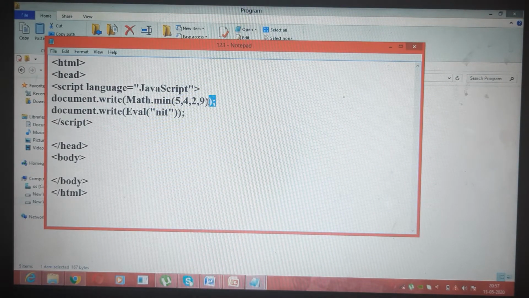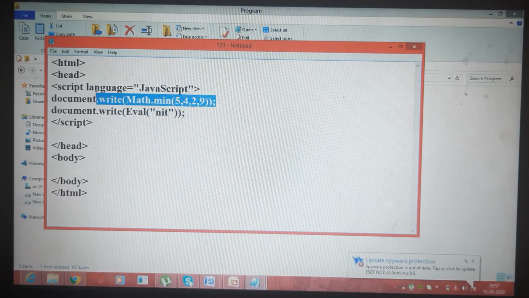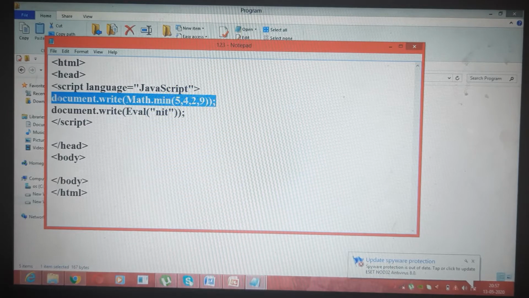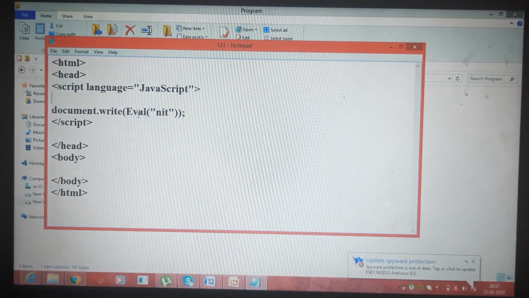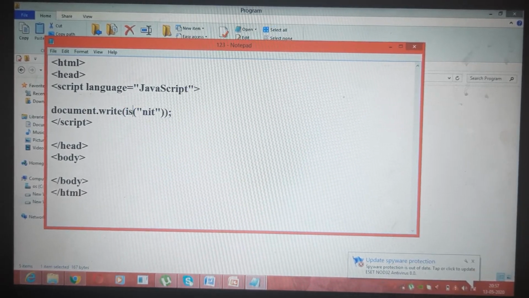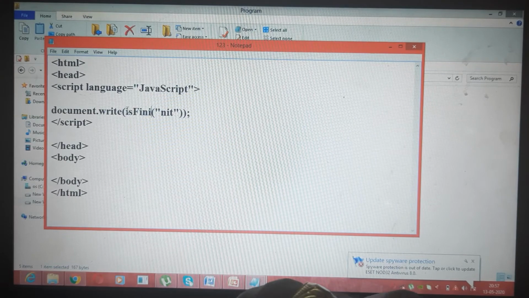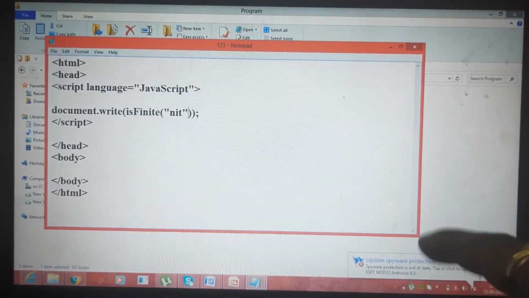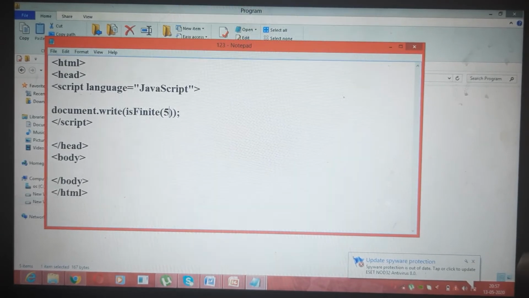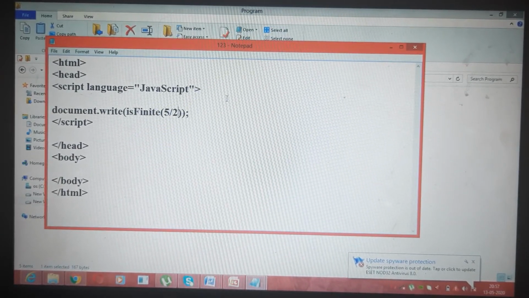Okay, let us have one JavaScript program. In that we will be having isFinite, as per our example 5 divided by 2.